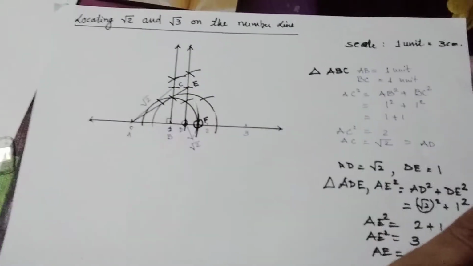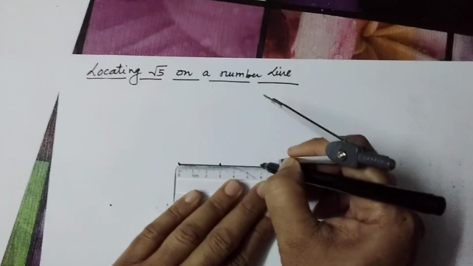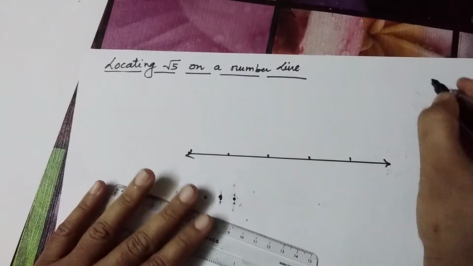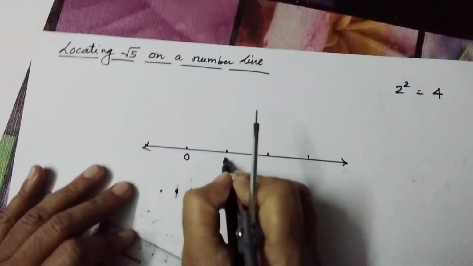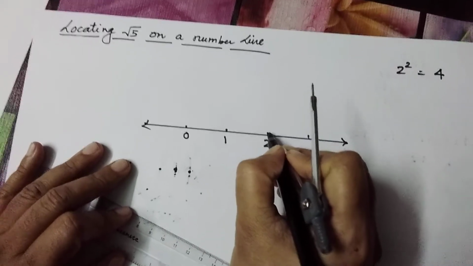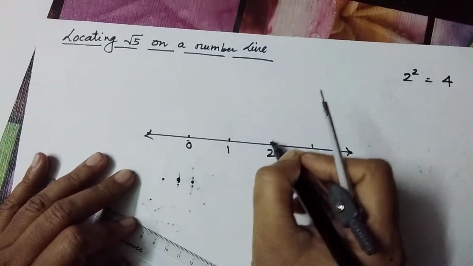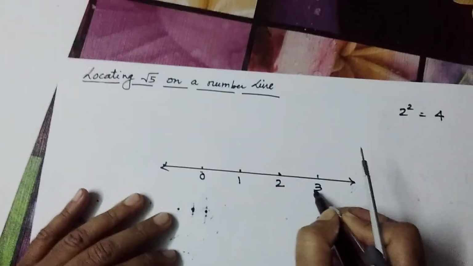Now I am going to explain you how to show square root 5 on number line. To show square root 5 on number line, again we have to make a number line and mark the points which are at 3 centimeter distance. Here we are aware that 2 square is equal to 4. So what we'll do, we have to make a perpendicular at 2. That perpendicular is of 1 unit, then automatically the base is 2 units and height is 1 unit, and then square root 5 can be located. So the procedure, as I have told, will be as it is.